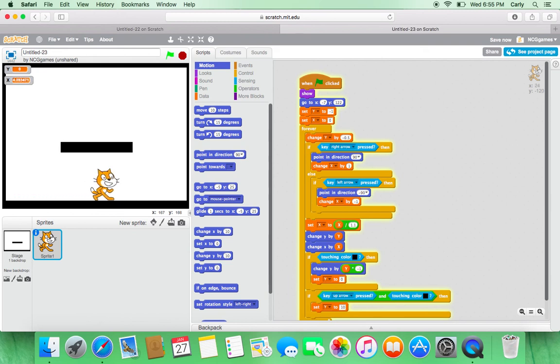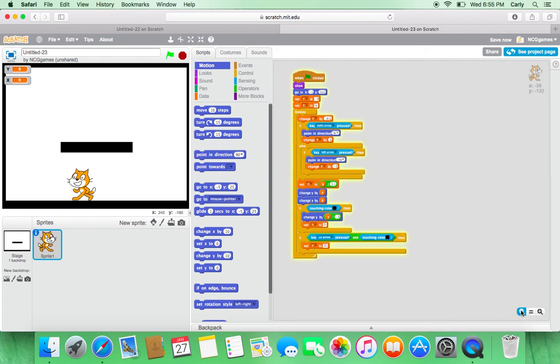But again, he's not always jumping, which isn't very good. But just stay with me and we will fix that. Right now, we are going to add a few more blocks. To do that, we're going to go in the motion category,